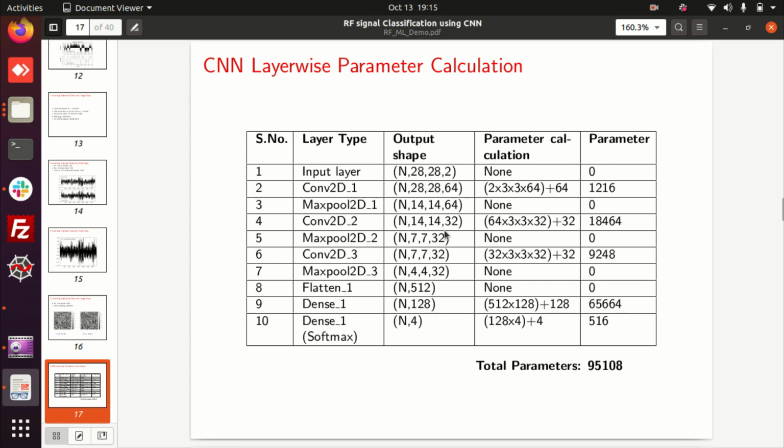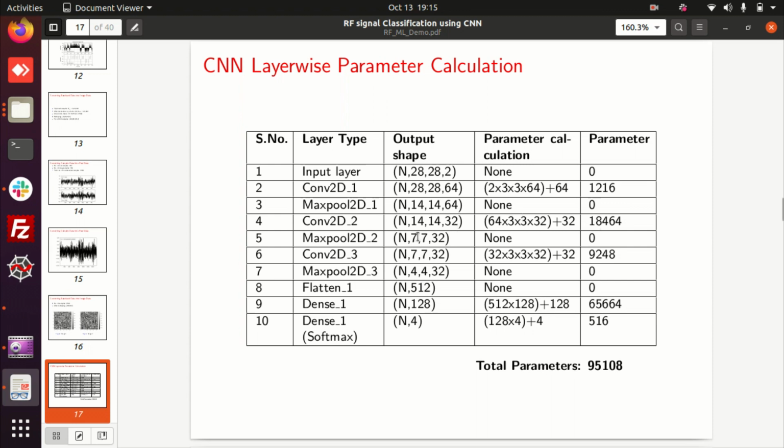So here the input is 64 coming, that's why 64. The output of this convolution is, because I'm using only 32 filters in this, so the output will be 32, and the corresponding filter weight is 32. In the convolution layer I'm always using a filter or kernel of fixed size of 3 comma 3. That's why here also it's 3 comma 3. So these are the corresponding resultant parameters.